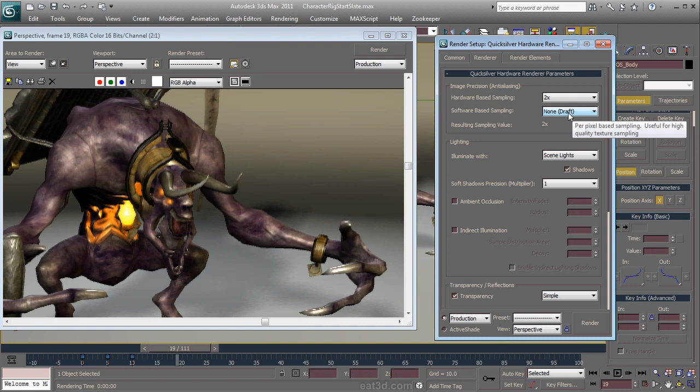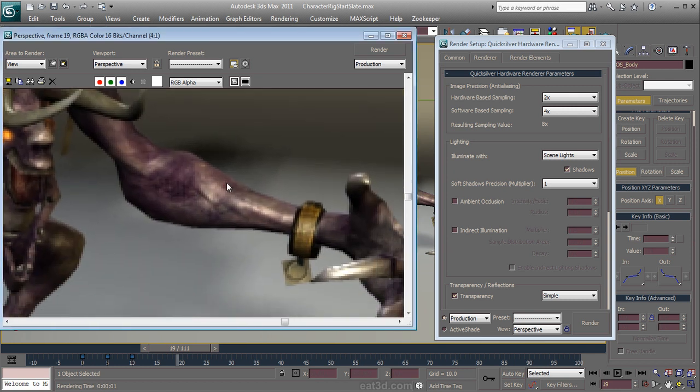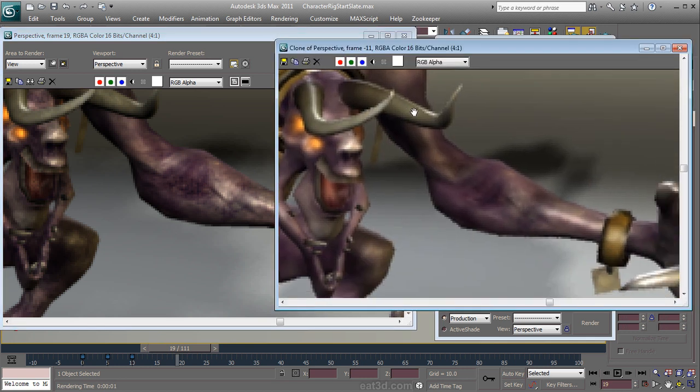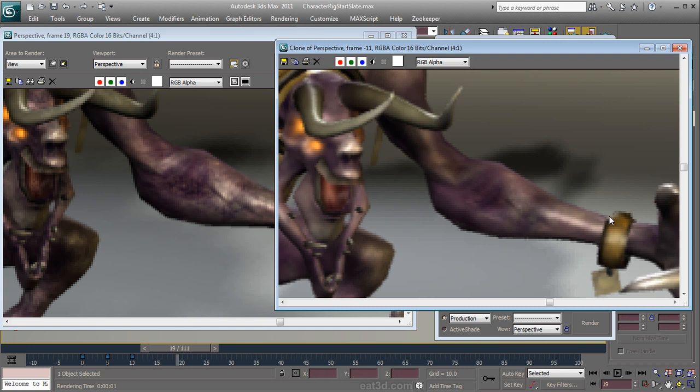You can also choose a little bit of software sampling. So a lot of times what I like to do is say, maybe we'll use the 2x hardware based and then 4x on software, which is going to give us the 8x sampling, and render that out. We're still at about a second, and if we bring back up our Mental Ray render, you can see it's really pretty similar to what we had there with Mental Ray, and we're basically I would say 5 or even closer to 7 or 10 times as fast, which is really pretty good. So I'm going to close that out,